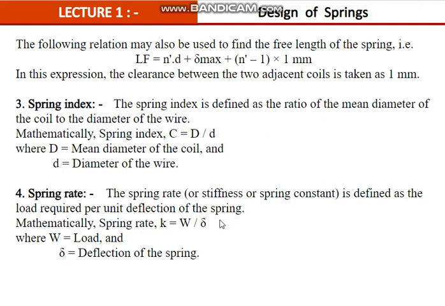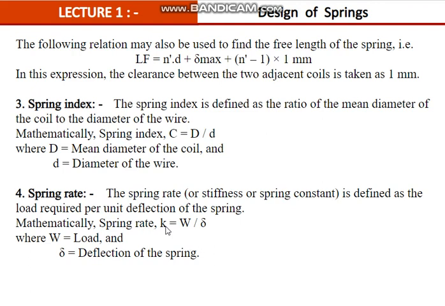ये जो है ना, इसको स्प्रिंग रेट बोलते हैं। अब स्प्रिंग इंडेक्स क्या होता है? स्प्रिंग इंडेक्स बोले तो कॉइल का डायमीटर, ये कौन सा डायमीटर? मीन डायमीटर की बात कर रहे हैं, क्योंकि उसमें भी बाहर से डायमीटर मेजर कर सकते हैं, अंदर से भी मेजर कर सकते हैं, नहीं तो वायर के बीचों बीच, मतलब वायर के सेंटर पॉइंट से इधर के वायर के सेंटर पॉइंट तक, जिसको मीन डायमीटर बोलते हैं। तो मीन डायमीटर डिवाइडेड बाय द डायमीटर ऑफ द वायर, इसको स्प्रिंग इंडेक्स बोलते हैं।